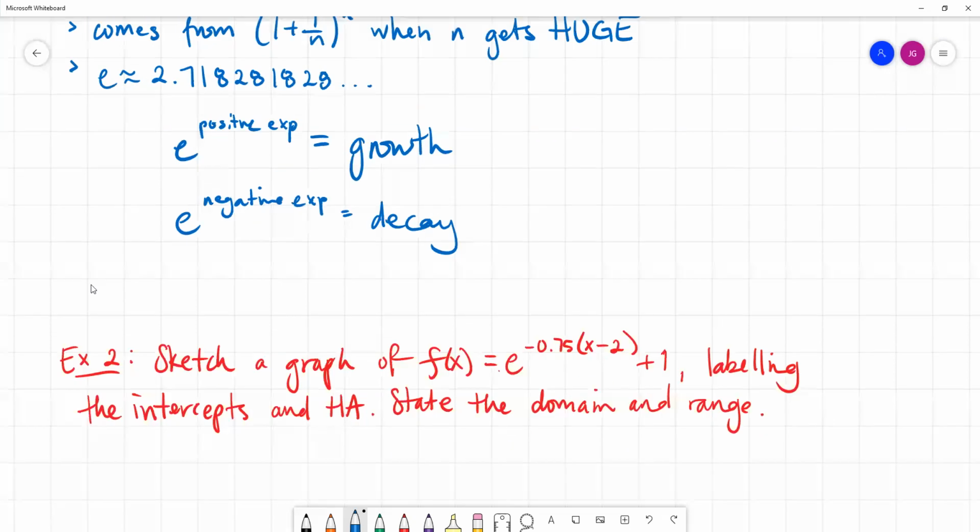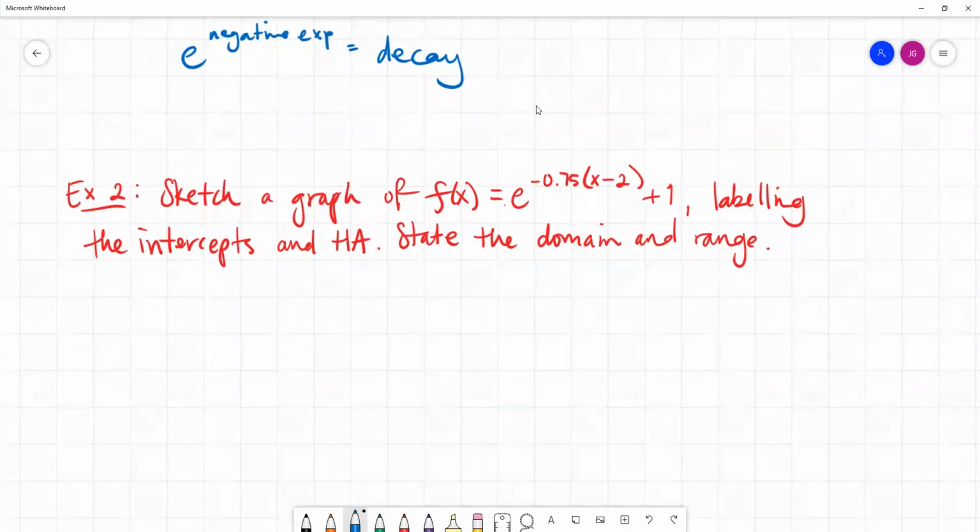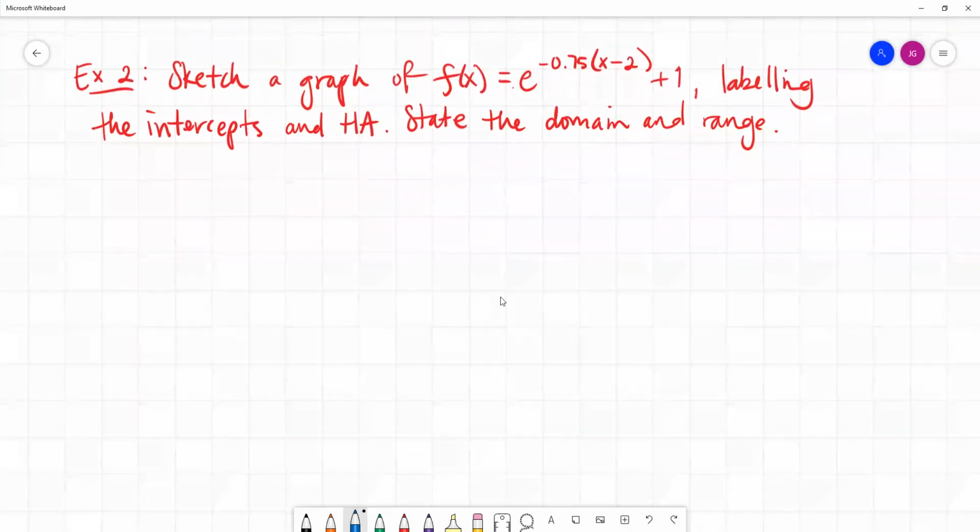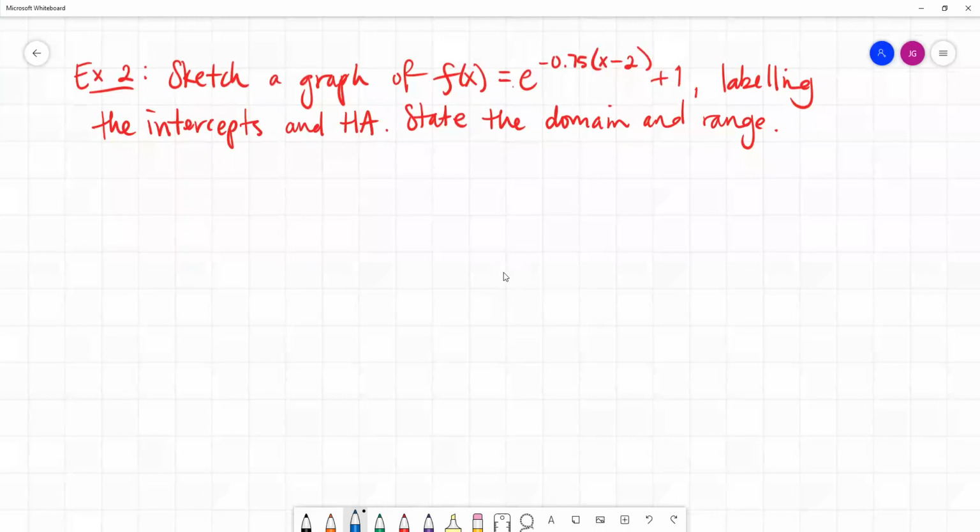All right, so looking at our example, we're not going to describe the transformations here. We're just going to sketch a graph of this, e to the negative 0.75(x minus 2) plus 1, labeling our intercepts and horizontal asymptote, and then just stating the domain and range. Okay, so skipping our transformations,